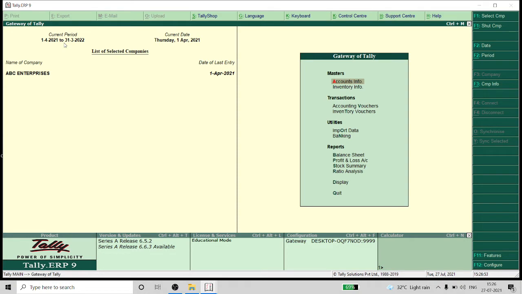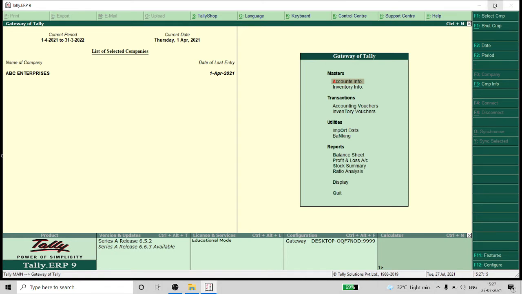Now to create a company, can you see here on the right hand side, this company information? The shortcut key for this is Alt F3. Can you see the line below the function key? If you see such a line, you have to press Alt F3.